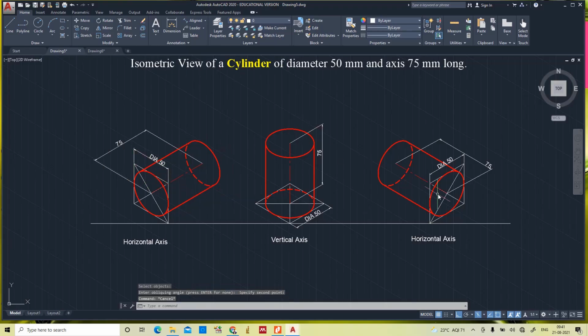Yes, so we got the complete 3 views of a cylinder in isometric view, horizontal axis 2 and vertical axis. So we will give the notations now.